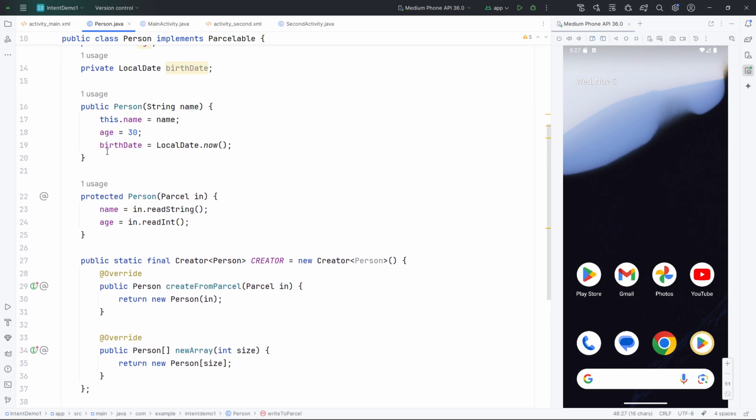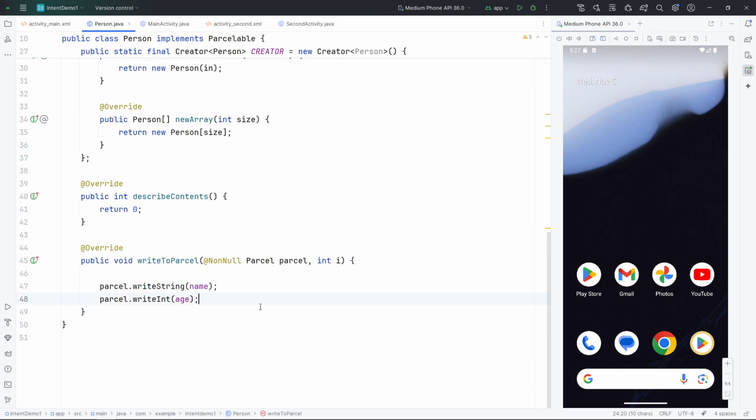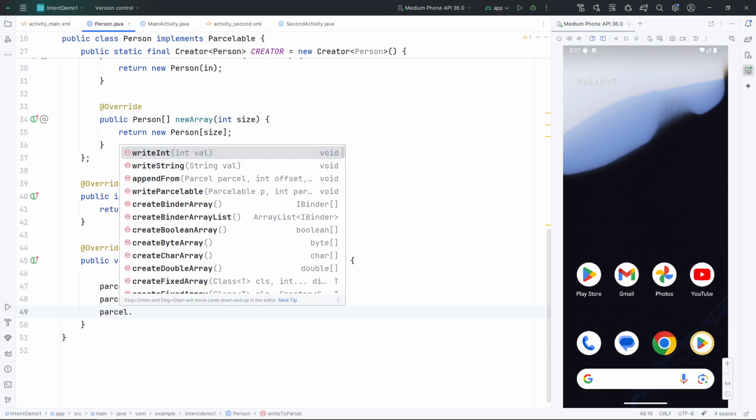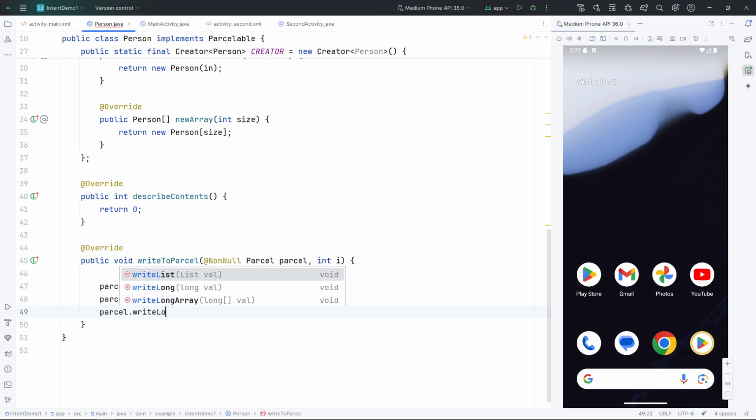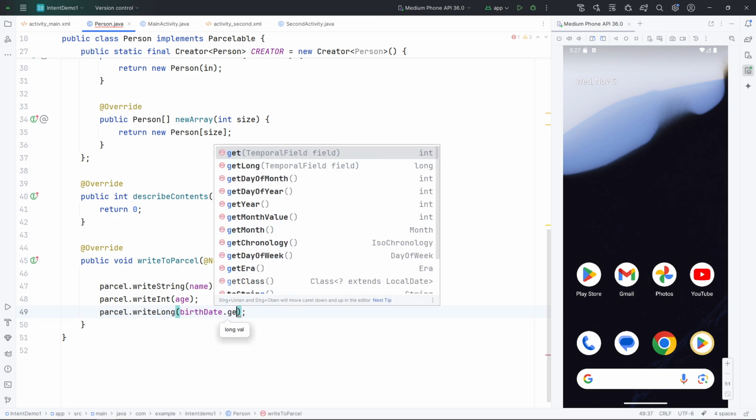Second thing has to be the age. And now the third thing is going to be our date. And we don't have a write date here, but we have a write long. And we can use a method from birth date that's called get